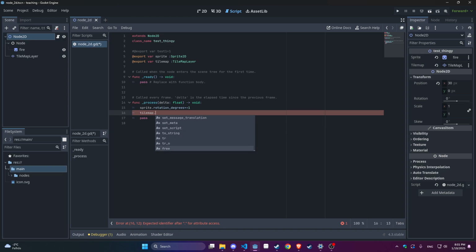with the actual node. These are the functions that it has, and the variables, like global rotation, global position, global rotation degrees. Those are variables. Look at that, that's a function. You see that here it has this little F letter, and that means that it's a function. This P means that that's a variable. So you can choose this, and this is very good because you don't have to look it up